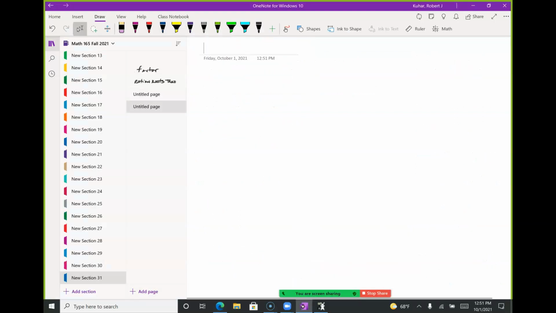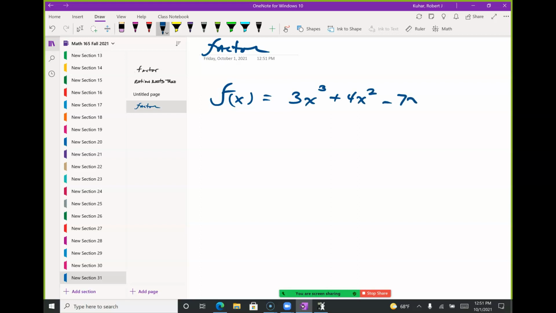I'm going to write it down here again, and we want to factor f of x equals 3x cubed plus 4x squared minus 7x plus 2. So let's start our way, right? Our way is,